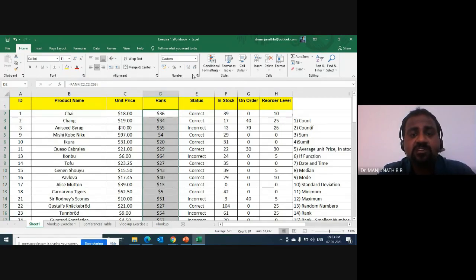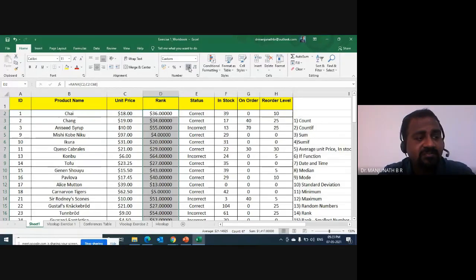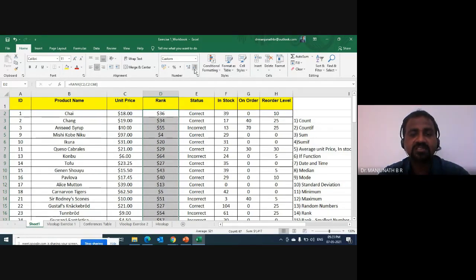Now let's say if you want to introduce the decimal, just below the custom under the home button, you can see here increase decimal. You can increase the decimals. However many digits you want, you can actually do that. Now what I'll do, I'll just decrease, because we don't want decimal at all. Done. So I believe now you all have removed the decimals, correct? Yes, sir.